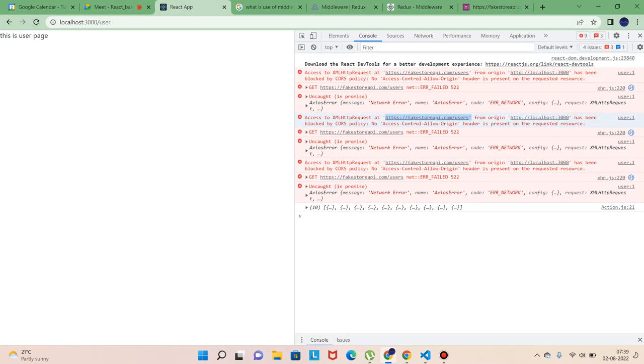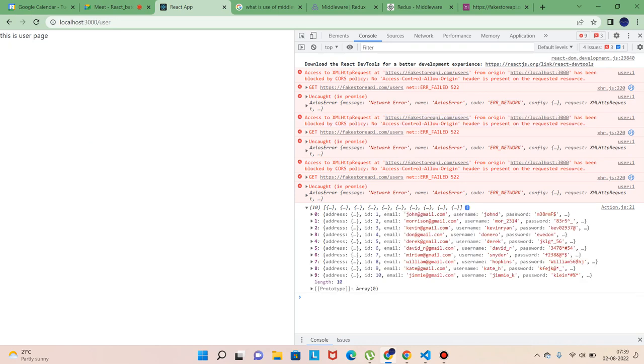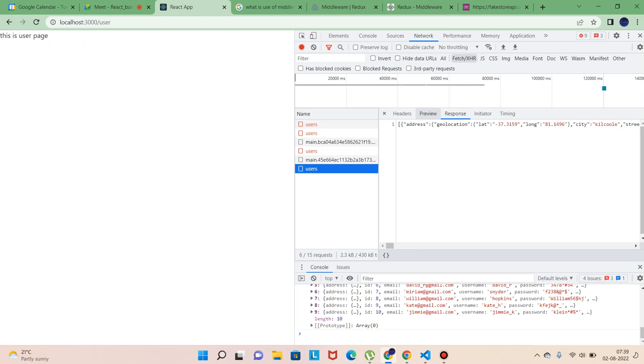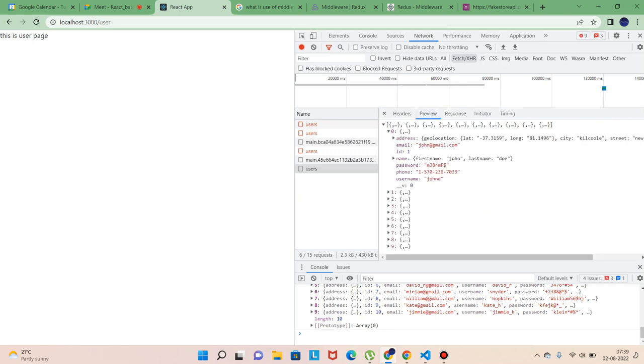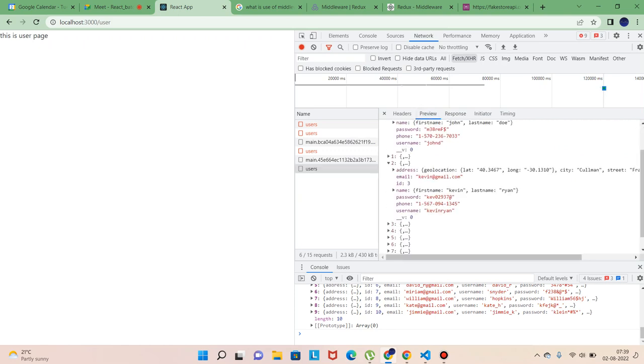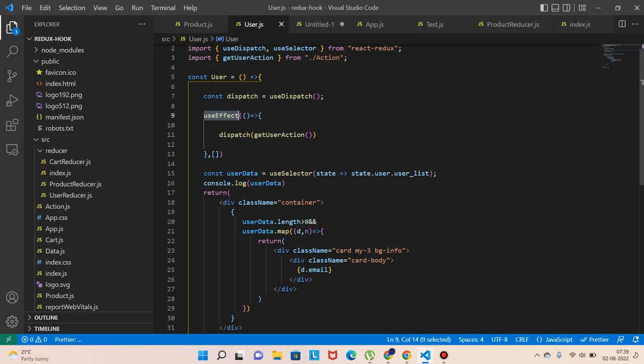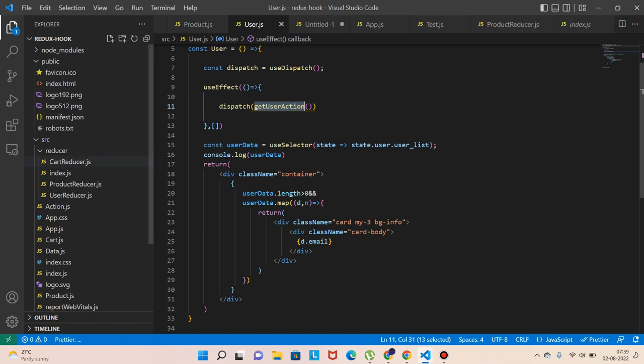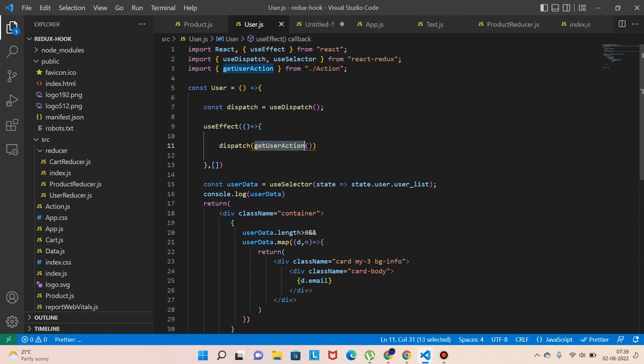Okay, the data is coming. See, all 10 records are coming. You can go and check over here. So here all the data related to user is coming. So what is happening? First of all, we were calling the action. Which action we have created, we will call the action over here. After that,